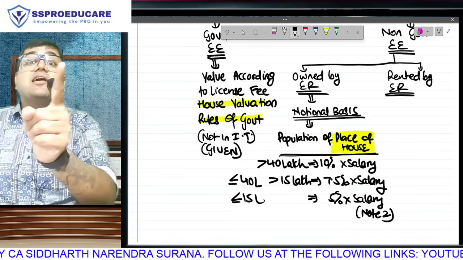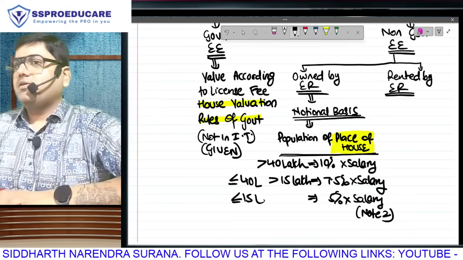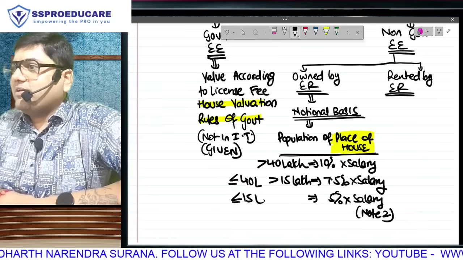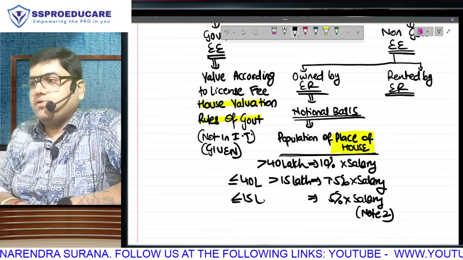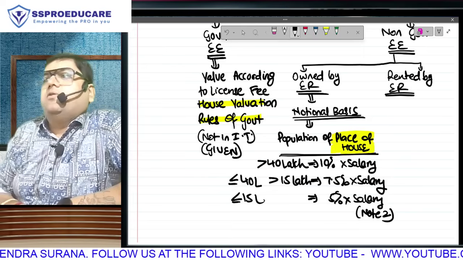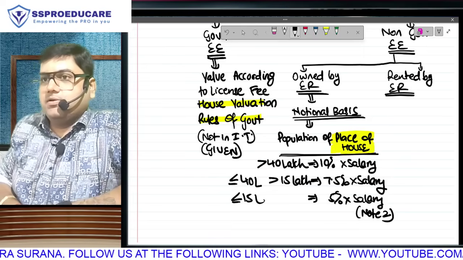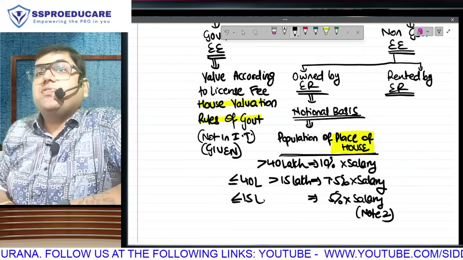In Note 1 we are writing that fair market rent is irrelevant. So in Note 2 we will define this. What will we define? What is salary, period and components. And the third and last thing,